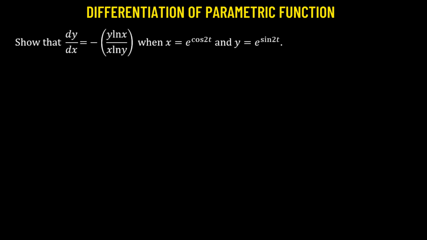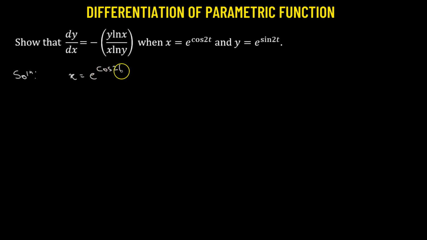We need to show that the derivative of y with respect to x is given by negative of y log x over x log y, whenever x and y are given in parametric form. That means x and y both depend on the parameter t. So let's begin. We'll start with our given function, which is x equals e raised to the power of